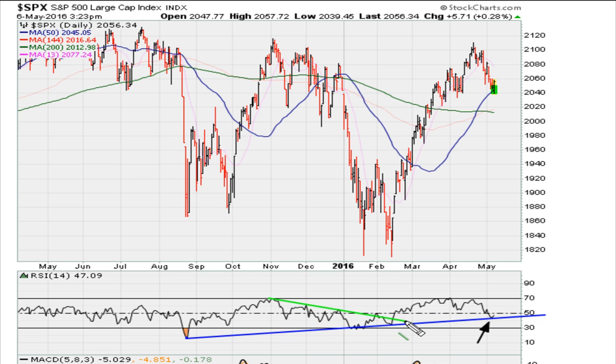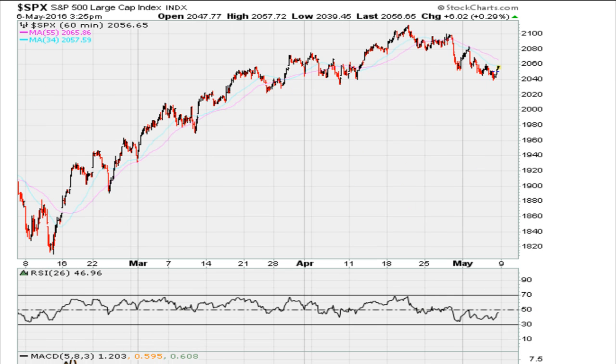And there's also the line that does correspond with the move off the lows. So this RSI moving above that range began this nice recovery in the market. We draw a line from there, and again we can see that it makes good contact with the blue line. So those two lines, as long as they are holding, we have to give the market the benefit of the doubt day to day.